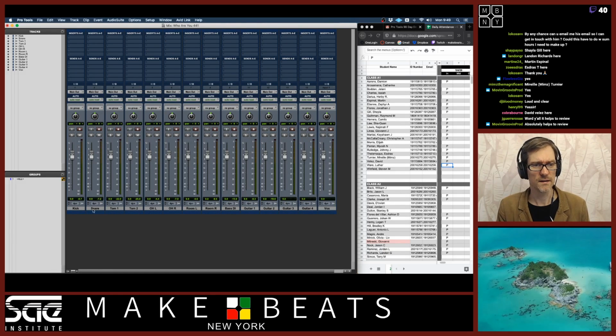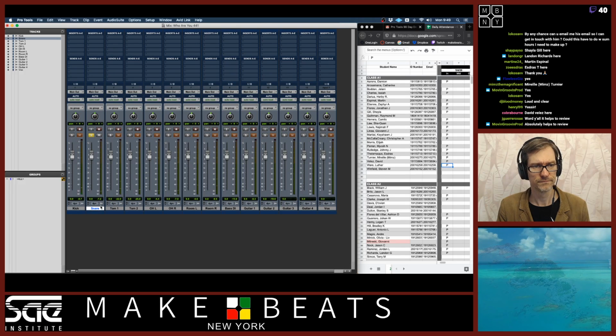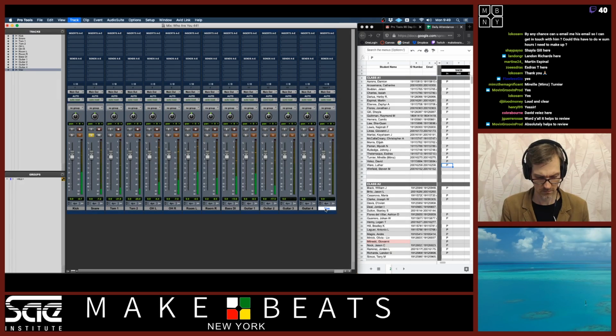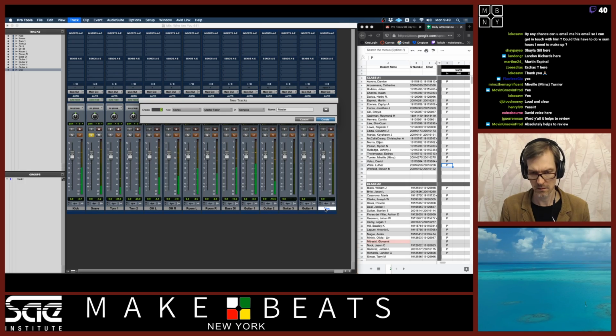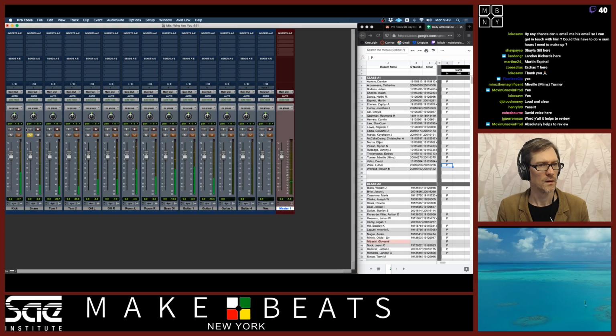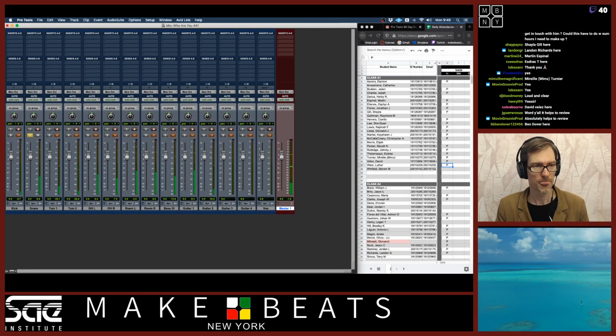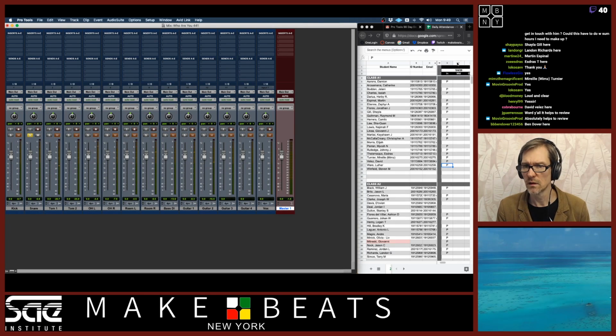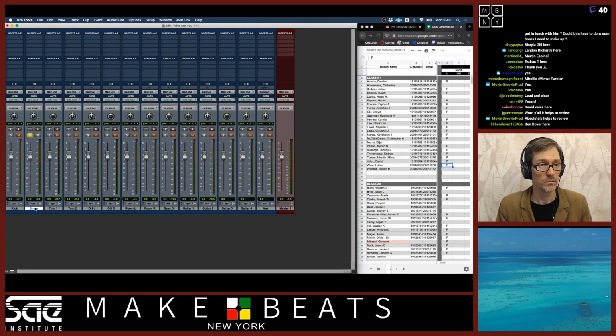What I'm going to do is solo out my snare drum here. There's my snare drum. I'll go ahead and make a master fader here. Cool. All right. So I got my snare drum here, and you can hear the snare drum is just a very dry snare drum sound. Now, if I want this snare drum to sound like it is in a room, like a reverb,